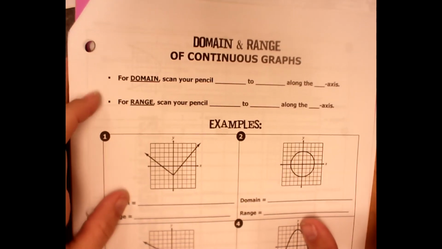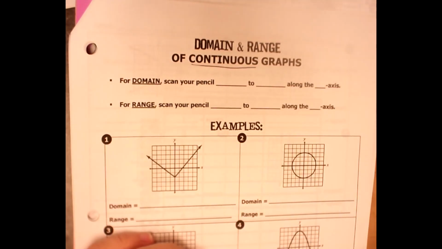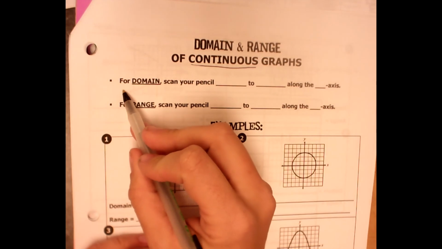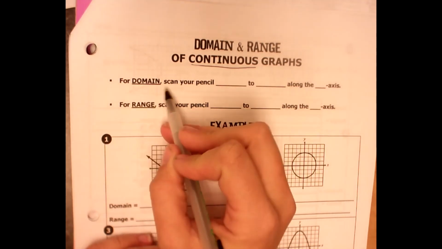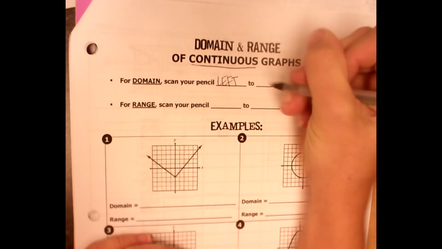Okay, so looking at domain and range of continuous graphs. We've looked at domain and range of the discrete graphs. Now we're going to look at domain and range of continuous graphs. To help us do that, we're going to follow a few simple rules. For domain, you want to scan your pencil or pen left to right